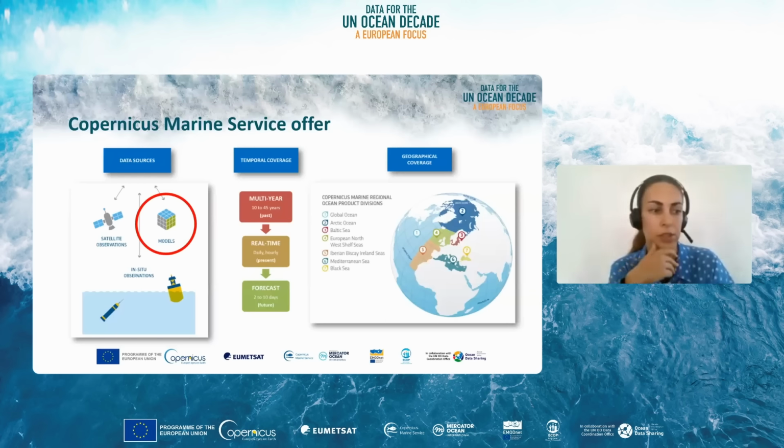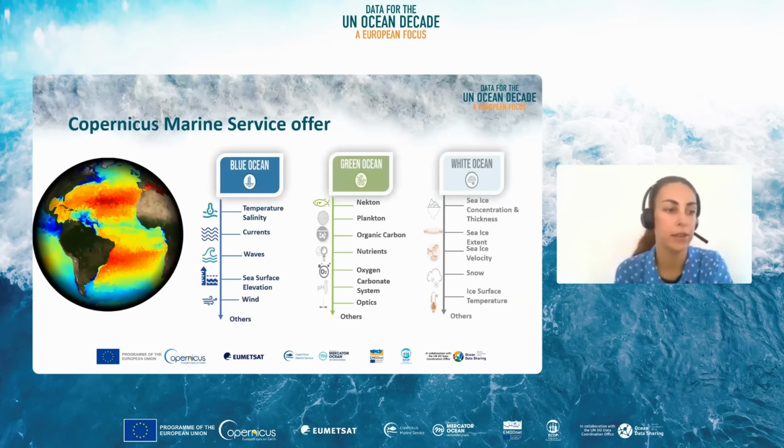At Mercator Ocean, through the Copernicus Marine Service, we develop advanced ocean simulation systems and numerical models using ocean observation data. These models help us describe, analyze, and forecast the ocean's physical conditions, sea ice, and biogeochemical state, whether at the surface or at depth, globally or in specific regions, and in real time or with some delay.